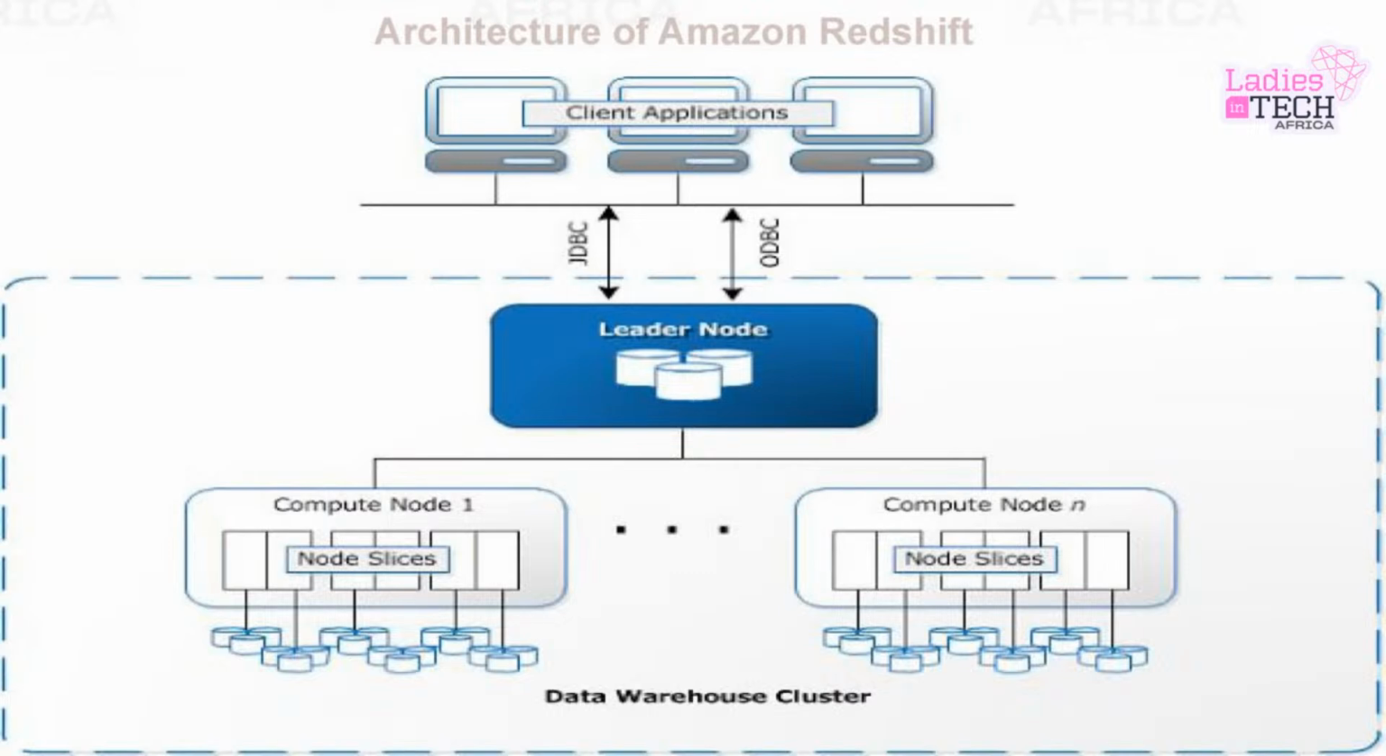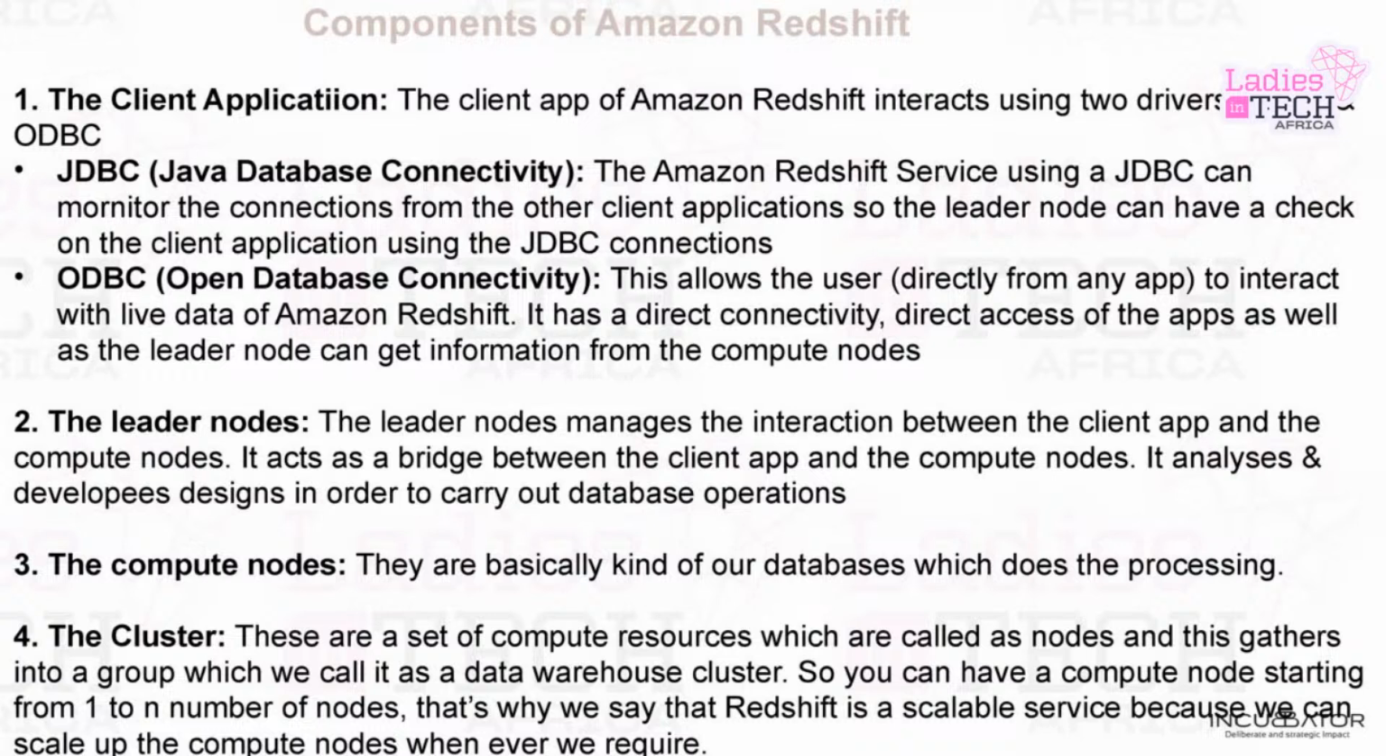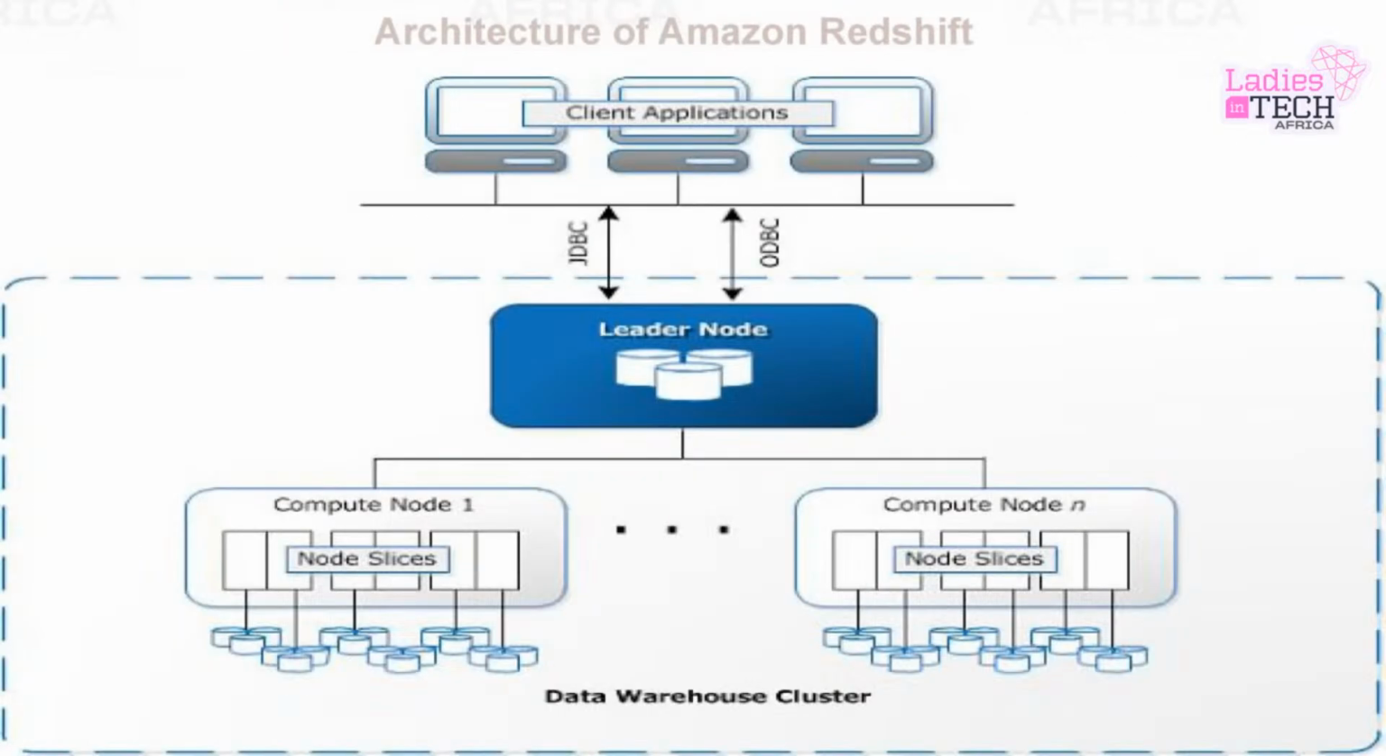So let's proceed now. The compute nodes are basically our databases, which do the processing. These guys are the real databases. These ones store the data and process the data. So you see, we have compute node 1 to compute node n. That means as the data is coming,